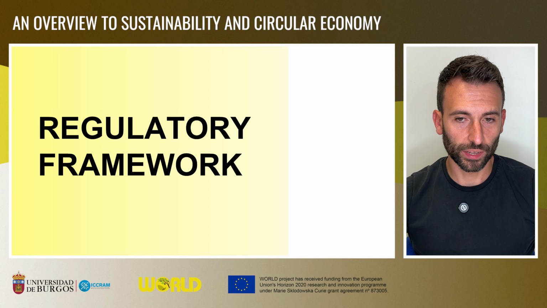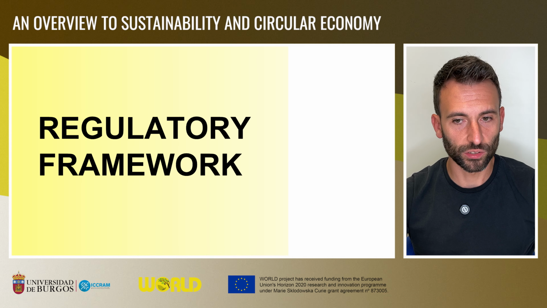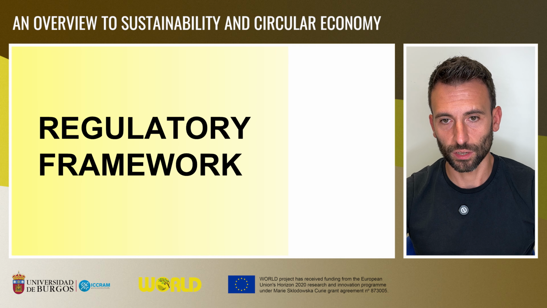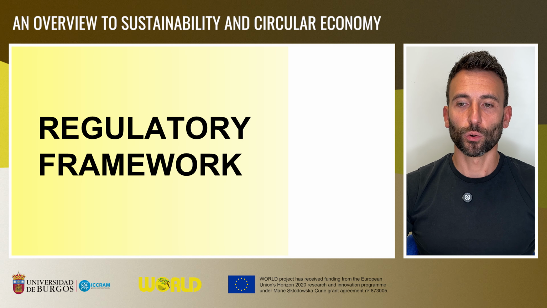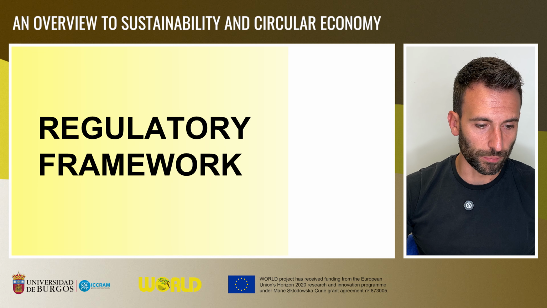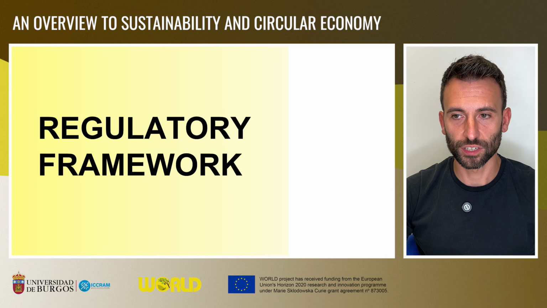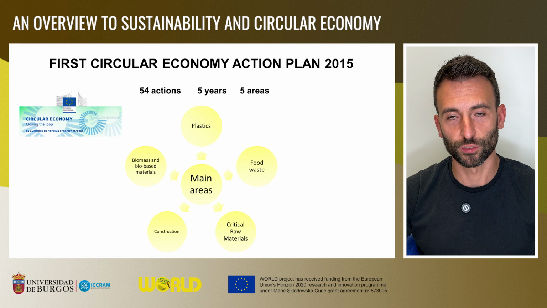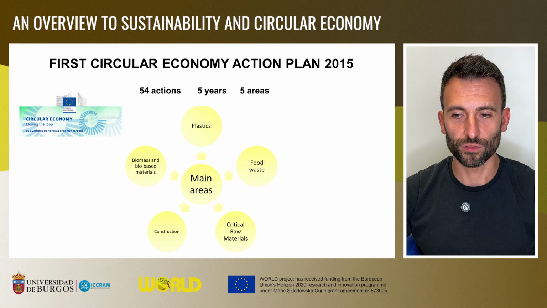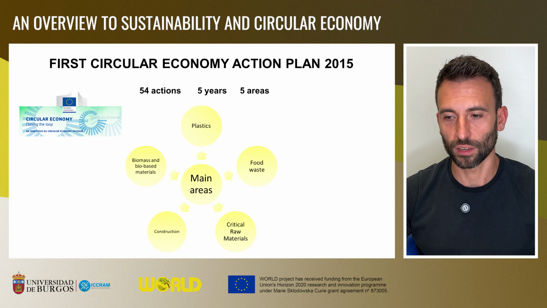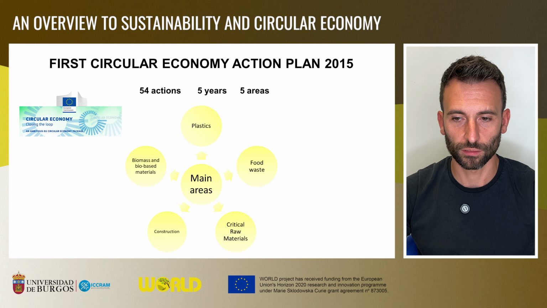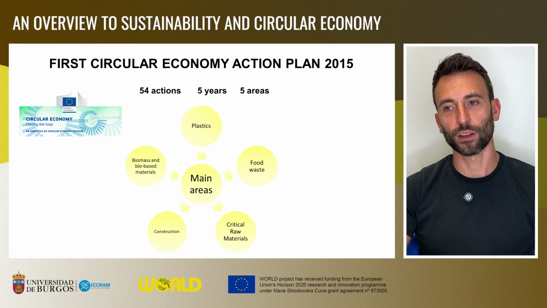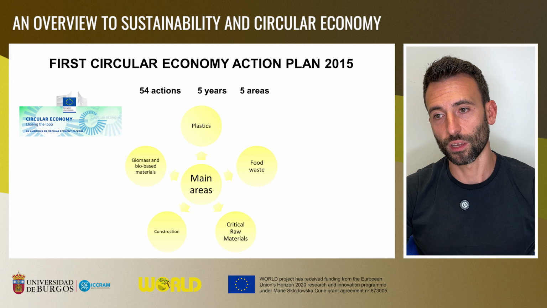So finally, how do we get there? How do we reach a circular economy towards a sustainable economic model? Very briefly, not in too much detail, the first Circular Economy Action Plan was developed in 2015 with 54 actions related to five different areas: plastic, construction, critical raw materials, food waste, and biomass and bio-based materials, for five years. So this action plan finished in 2020 when the European Green Deal